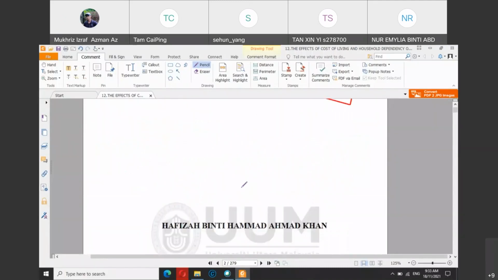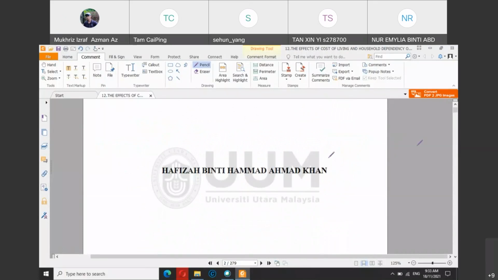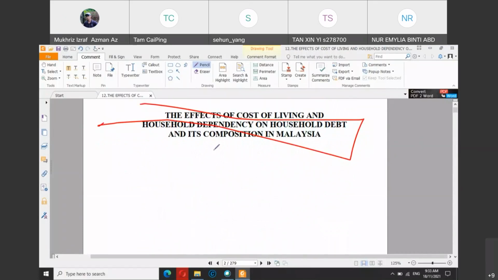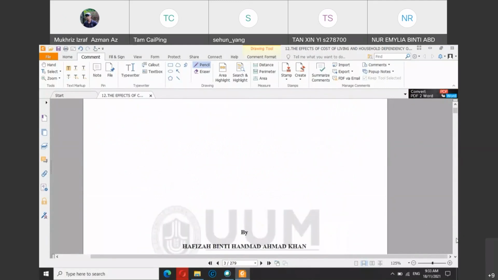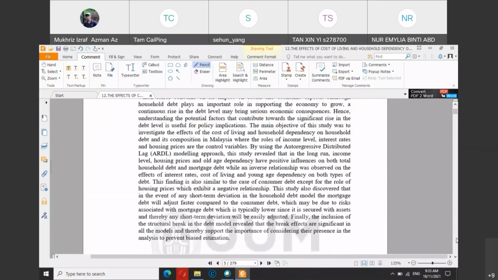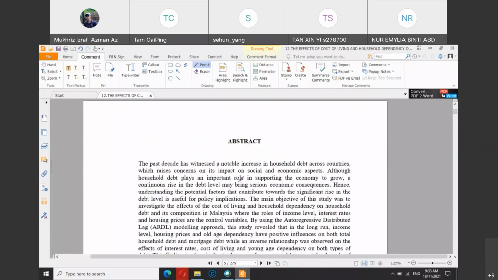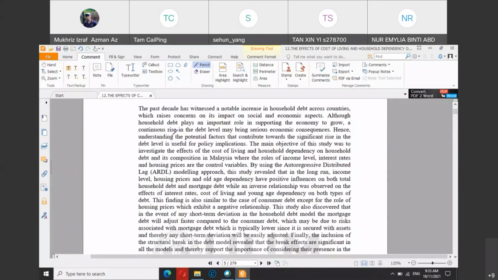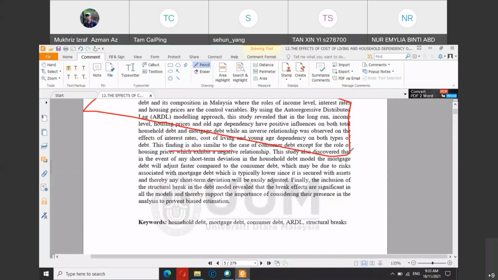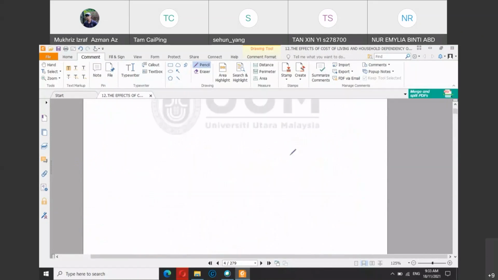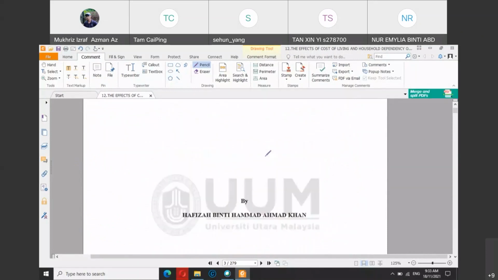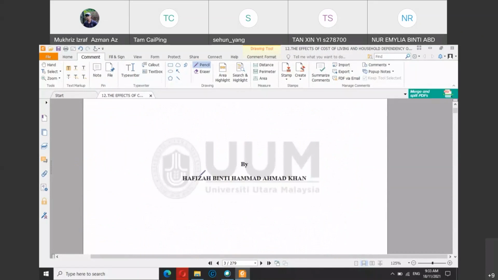So this student wrote a thesis about this topic in Malaysia, and the sample must come from Malaysians, from the source. So this is what she found. This is the abstract, and this is the method, and this is the conclusion. This is the main findings. So if I want to cite, let's say, according to Hafizah, 2000.